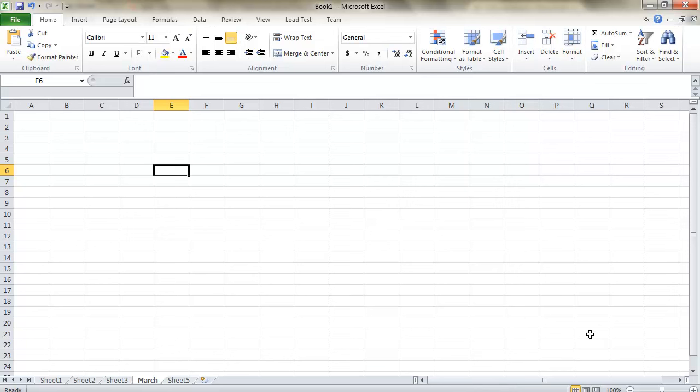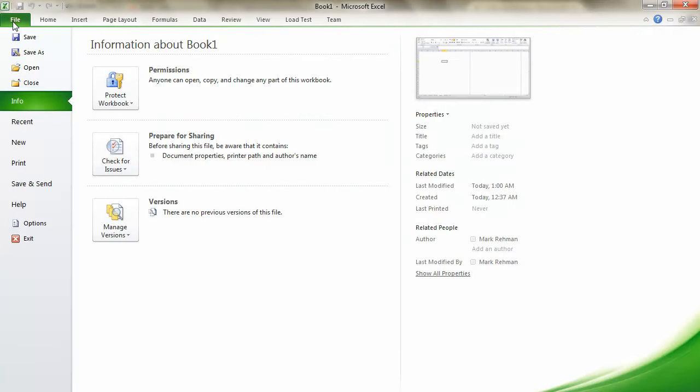Now let's talk about the Backstage. Backstage in Microsoft Excel is a new feature which we did not see in the 2007 or prior versions of Microsoft Excel. This is actually the thing located over here, this File option. Now when you click on that, it's a window, and it has the option for